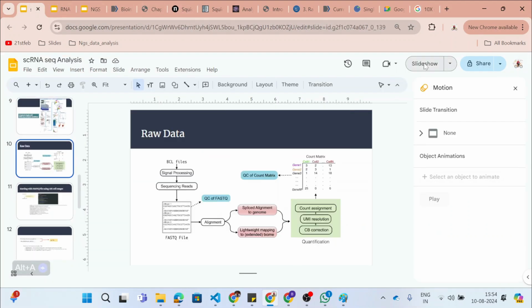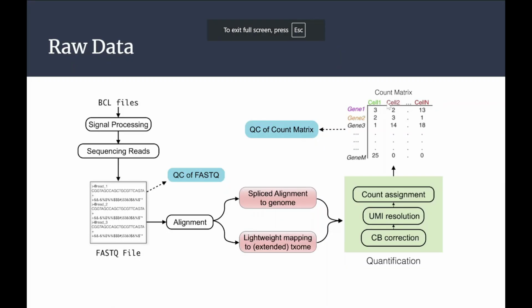Because the target is this one. I need to have all the millions, billions, whatever cells we have within this tissue. We are going to have that information, and we have to know the count, or the number of transcripts, present for each gene. So within a cell, we collected all the transcripts coming from cell 1. But within those transcripts, you should also know which transcript is coming from which gene. That part is coming from UMI, and which transcript is coming from which cell is coming from the barcode information. So these are the two tags that are helpful to get these two pieces of information.